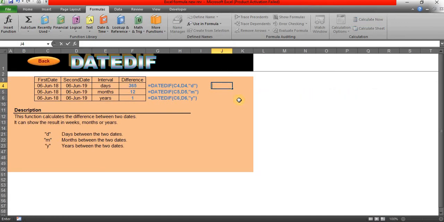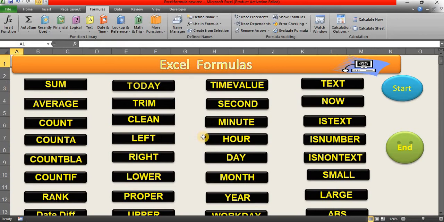At this time I don't have a formula handy, but you can use this formula. DATEDIF of C4, D4, first date, then second date, then the text value. If you want to see the day, you can mention D. If you want to see year, just mention Y. For month, just mention M.